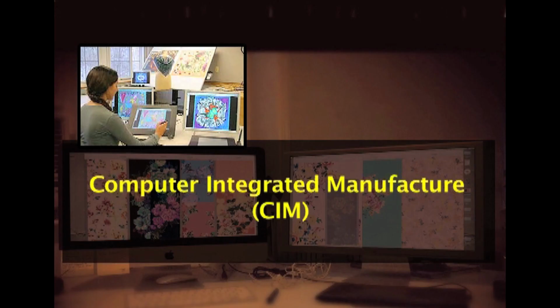Computer integrated manufacture refers to total automation of the manufacturing process using computer controlled machines and automation systems in manufacturing a product.